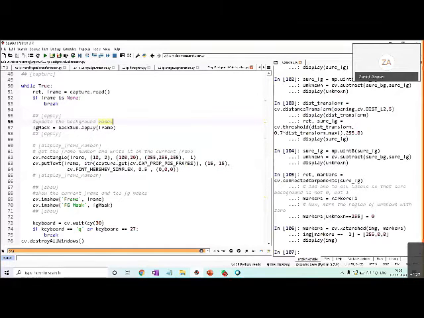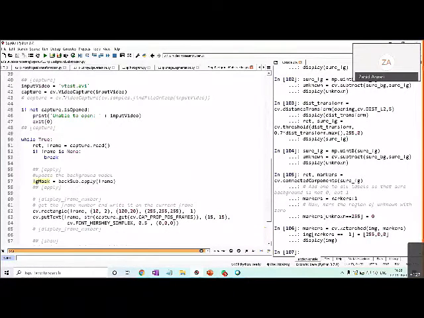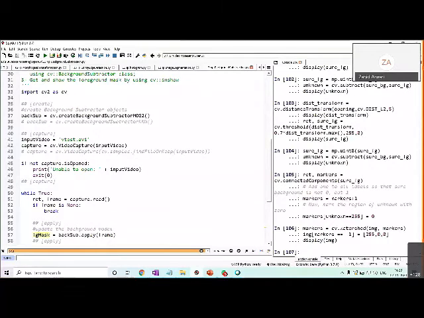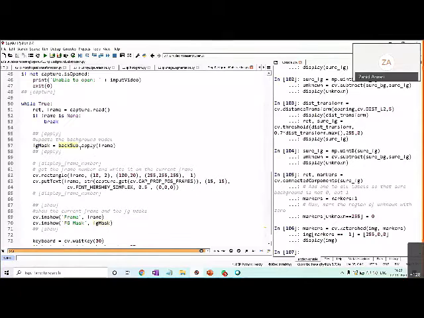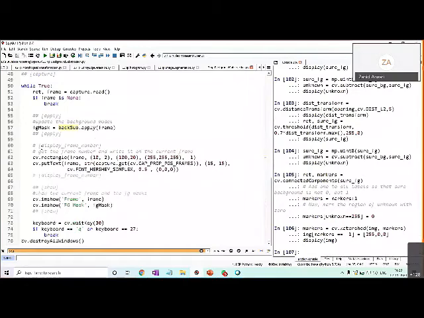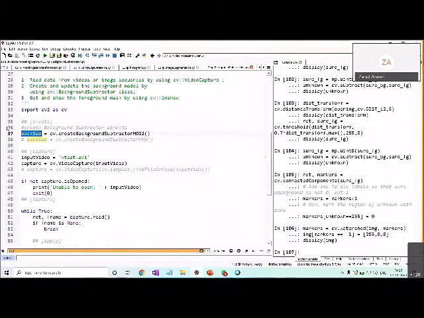The foreground mask, whatever we got over there, that foreground mask itself we can display. So I show the foreground mask, and I'm also displaying the original frame. So we can see how the movement of the object can be tracked by simply calling the create background subtractor object, and on the object I'm applying each frame to get the foreground mask. Okay, let me do this.